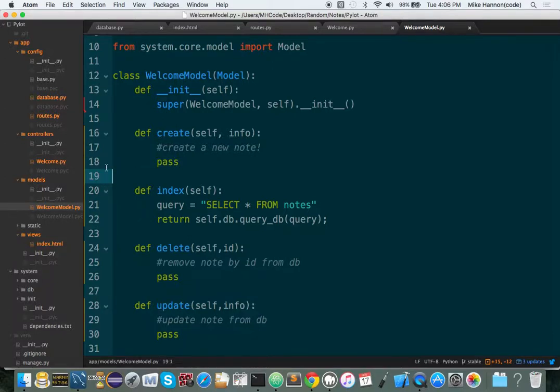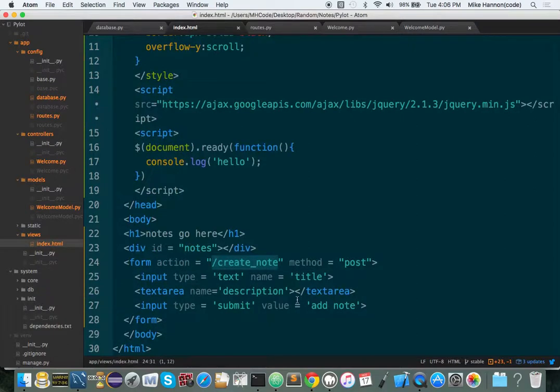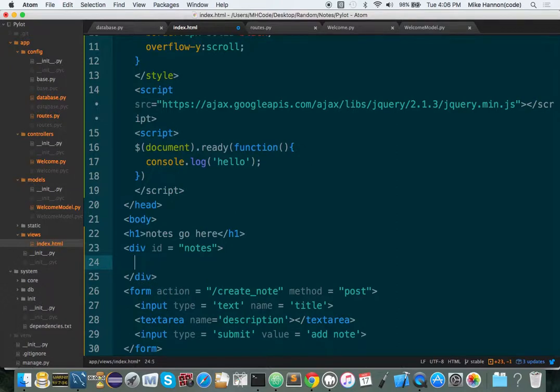Awesome. So we have all our notes. Pretty cool. What do we want to do with those notes on our index page? Yeah. So let's just show them on our index page. And we'll turn this into Ajax calls shortly here. But in our notes div, we're going to say something to the effect of for notes, or note in notes,